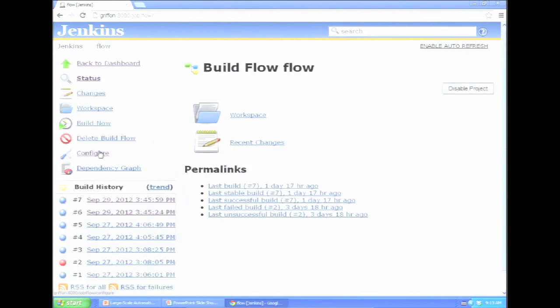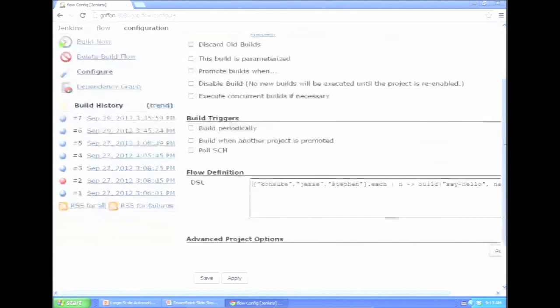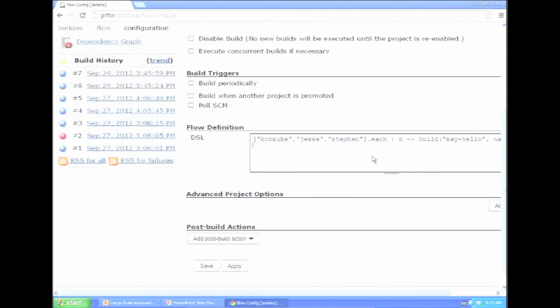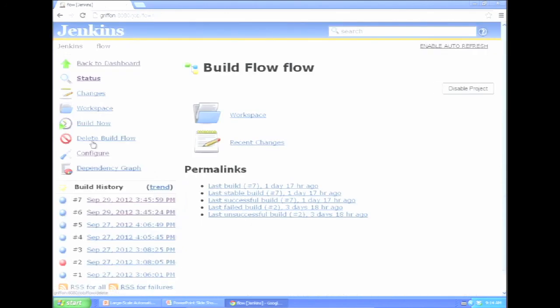So here, I have this build flow job type. And then the real meat of this is in here, here's my DSL. So let's see. If my Groovy foo is still correct, what this is doing is, actually, let me put the author of this to honor him. So I'm looping through this list of 4 things and then executing the say hello build by passing name as a parameter. Okay, so this would be a sequential execution, and sure enough, if you run the build,